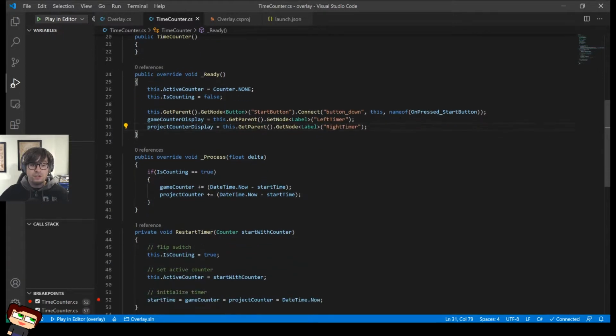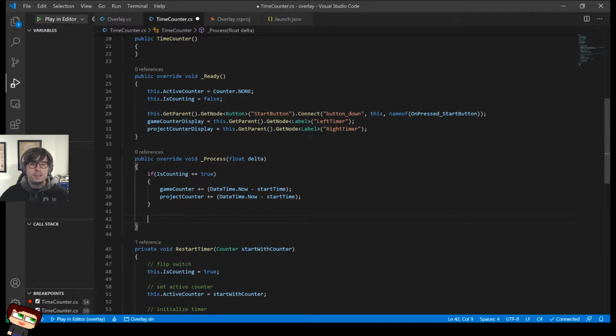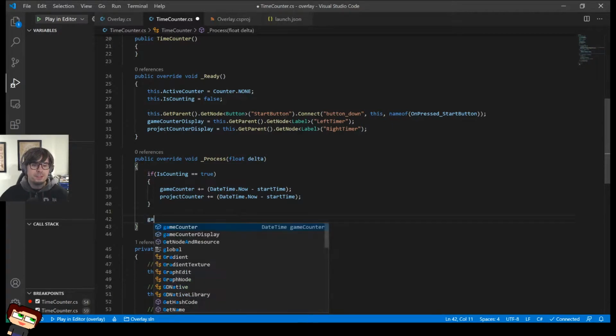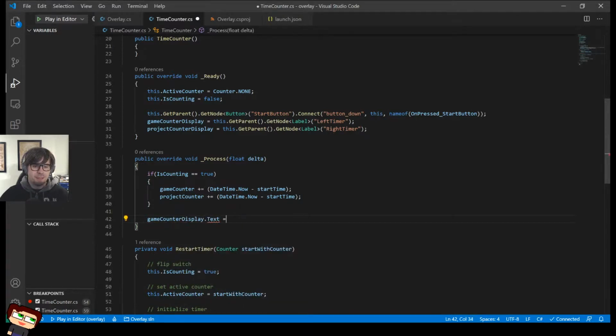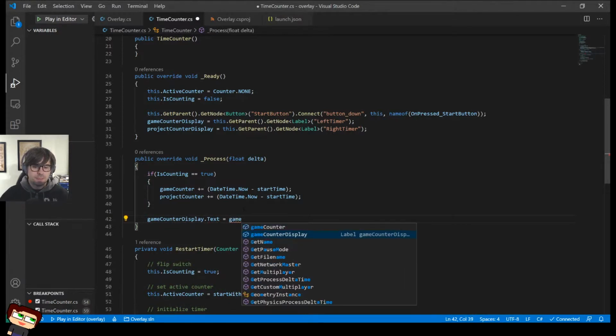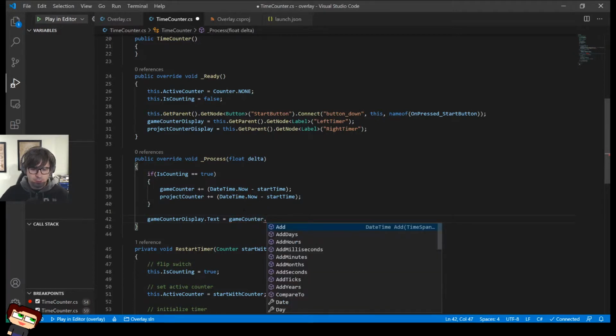Okay, so now we need to draw to that. So we update this no matter what, and then we're going to draw it right here, just right into process. There's a draw method that we could use, but I'm not going to use that because this node isn't being drawn. So we do game counter display dot text is equal to game counter dot time.